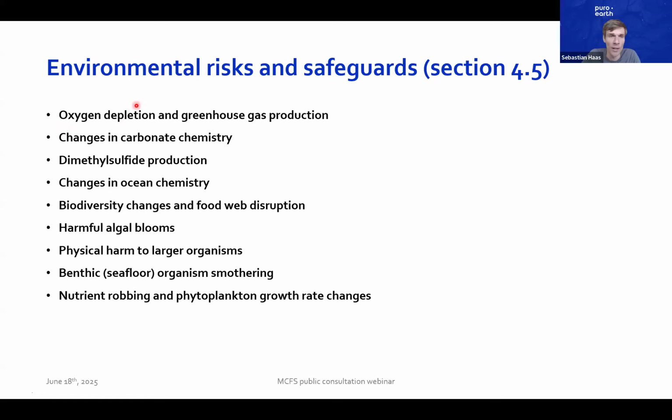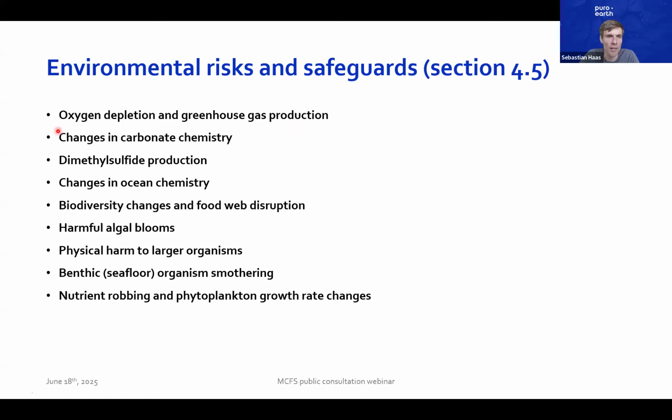and generally speaking, that would inform the requirement to not decrease oxygen concentrations below a certain threshold as a consequence of this technology. What this wants to avoid is oxygen depletion in and of itself, being a potential ecological harm, for example, to fish who need oxygen, and also to avoid things like greenhouse gas production through certain biogeochemical pathways that open up at low oxygen concentrations and can produce greenhouse gases like methane or nitrous oxide.